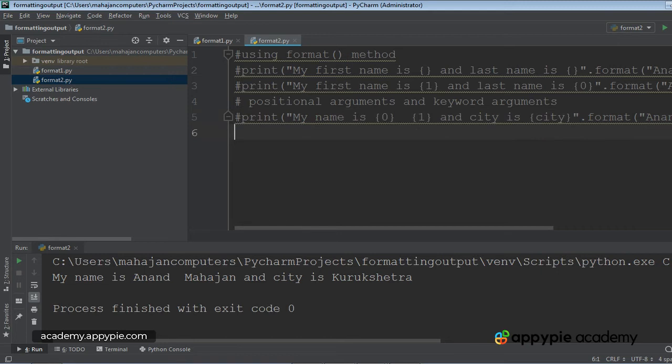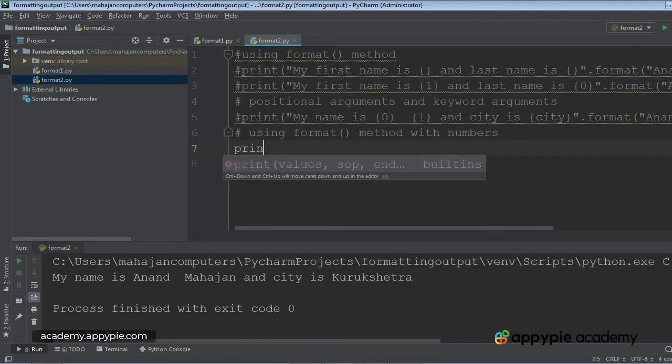Now lastly, let me show you how to use the format method with numbers. It's very easy to use it with numbers. Let me have an example. Print the roll number of a student. Roll number is equal to, I am going to write